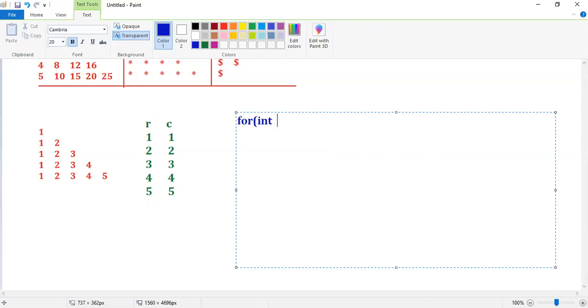For int row equal to 1, row less than or equal to 5, because 5 rows are fixed, row plus plus. Then observe, for int column equal to 1, my column value depends on my row, that's why column less than or equal to row, column plus plus.